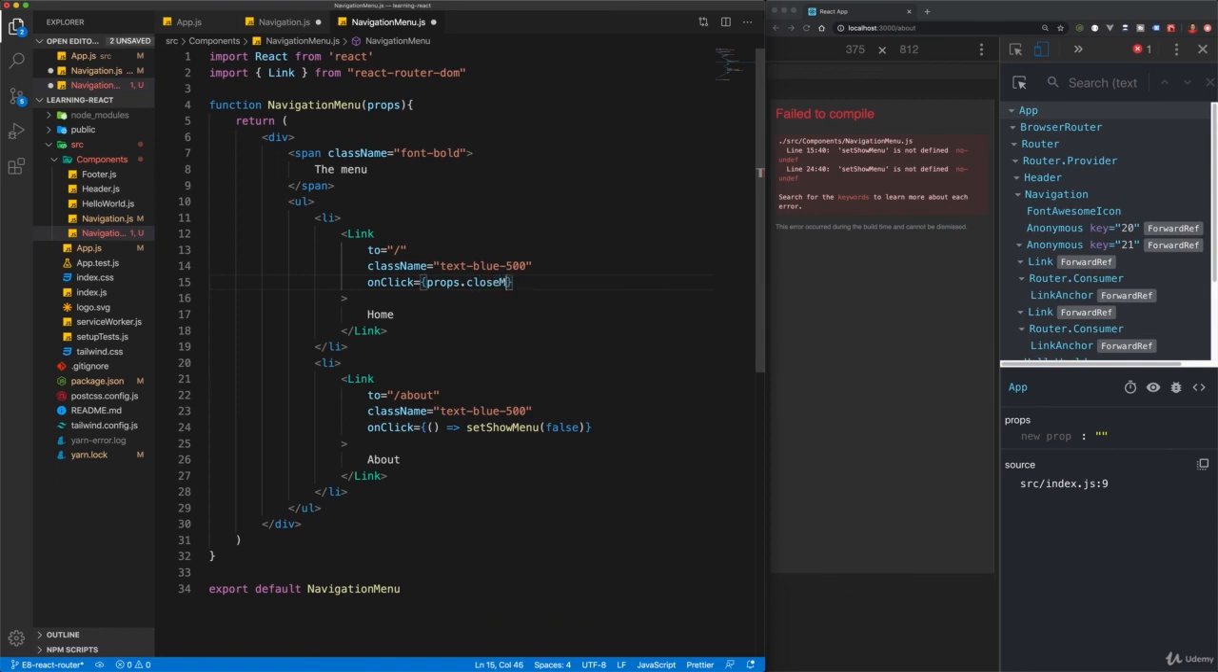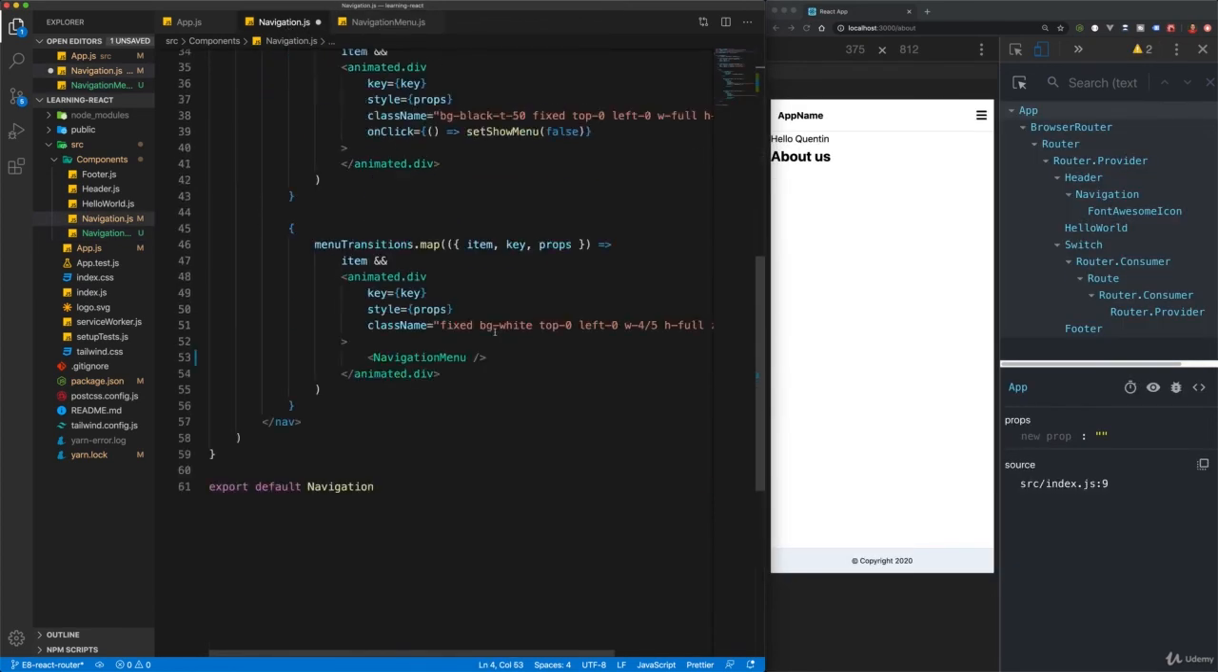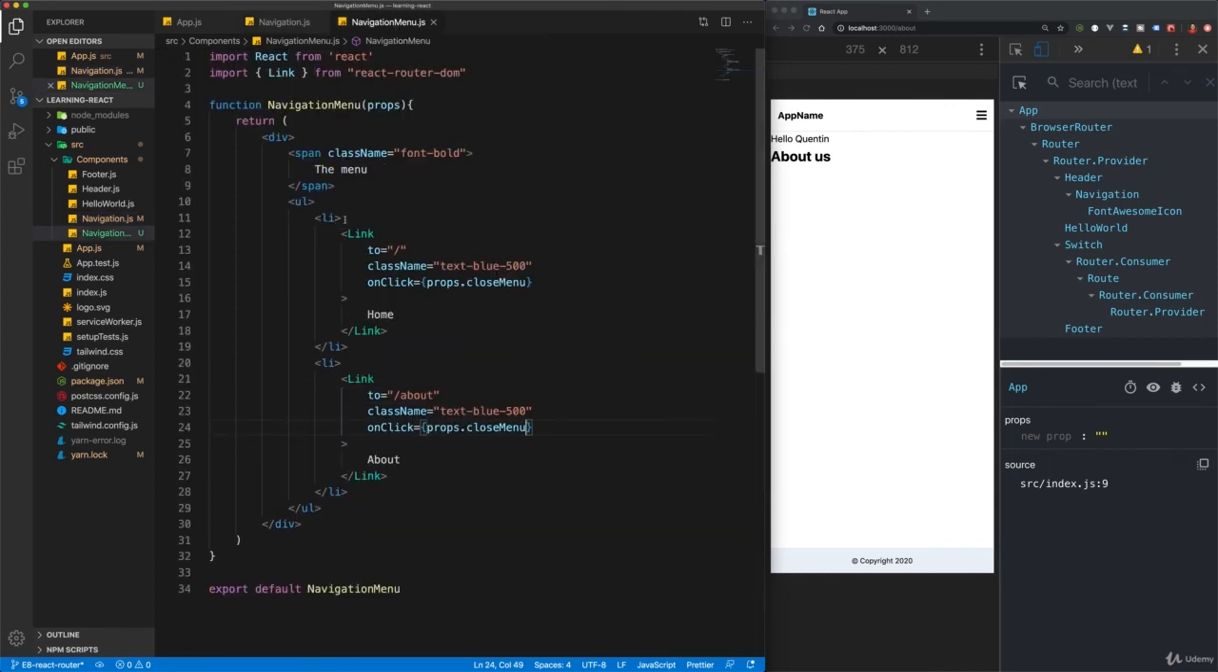props.closeMenu, which is a prop that currently doesn't exist, but we'll paste this in here and we can go back over to the navigation menu. And on our navigation menu, we can simply add the closeMenu prop and set that equal to some JavaScript. And the JavaScript that we're going to set that equal to is the arrow function of setShowMenu to false. So what we're effectively doing here is we're passing this function down to our child component, our navigation menu